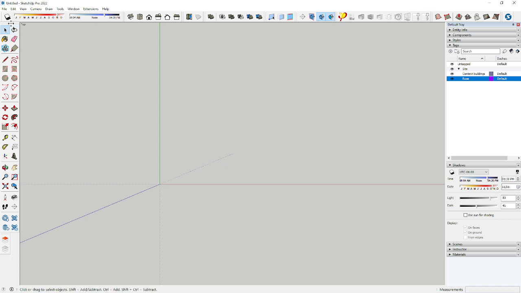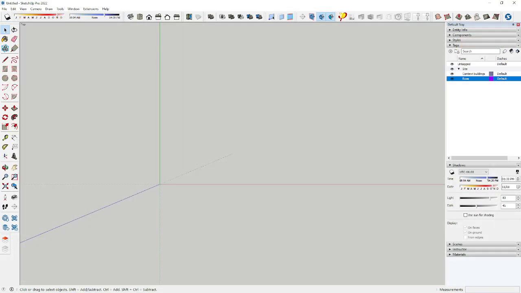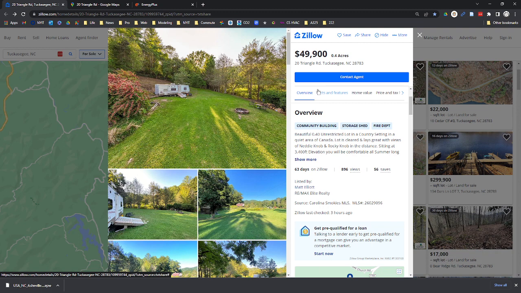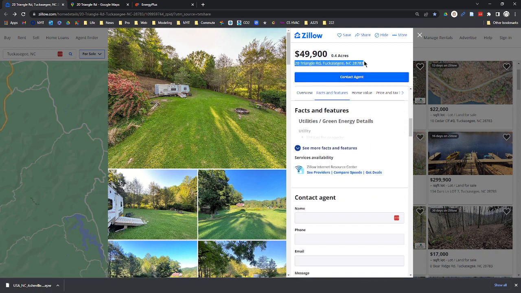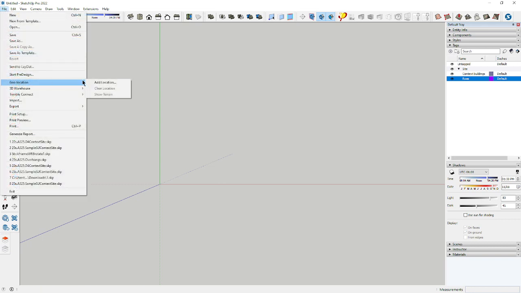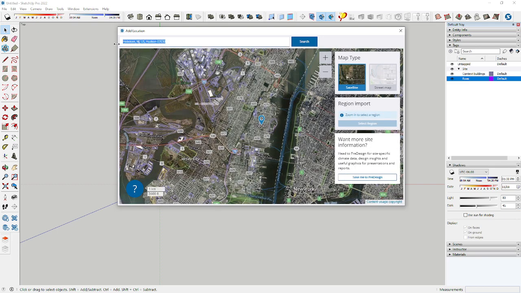So it's a really easy process. I can just copy that address and go back to SketchUp. I've got a lot of stuff open, as I'm sure you guys do too. Go to File, Geolocate, Add Location, and I can just cut and paste that address in here, search, and now